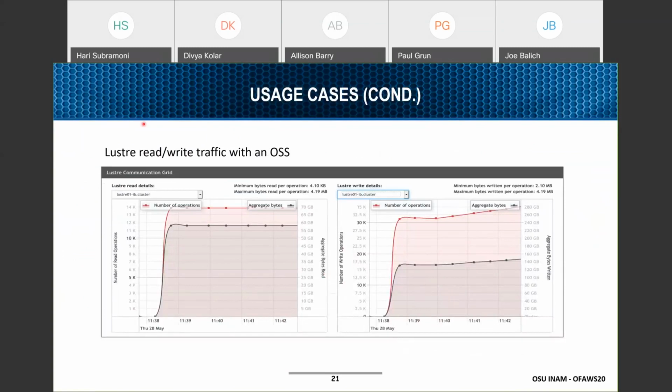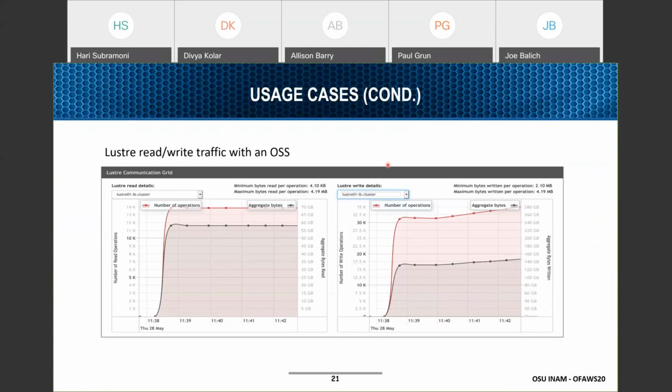And this is a new feature that we introduced recently, the ability to profile MPI IO traffic. This is again done in conjunction with the MPI library, where the library tells you that, hey, I wrote this much data, or I read this much data to Lustre, and we can actually track this data going over the network.